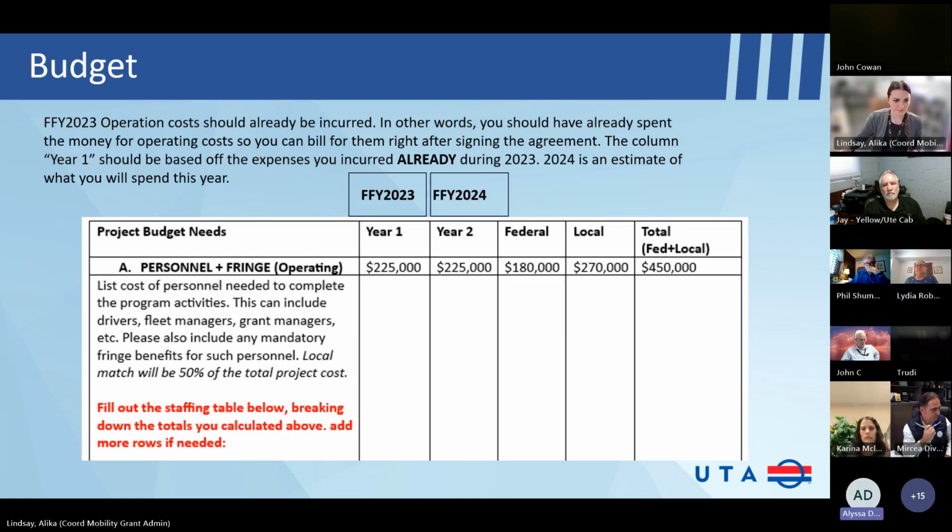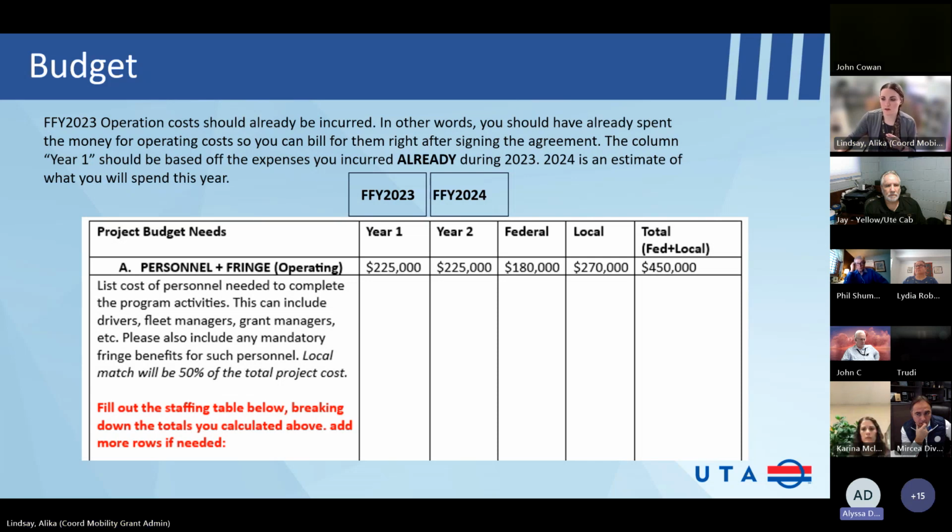And this is if funds were spent in 22, 23 already. Am I understanding that? If so, the question was, if I used my 2022 funds on activities that I did in 2023, and then I finished spending those funds in the 2023 federal fiscal year, can I just apply for federal fiscal year 2024 operating funds? And yes, you can. That's fine.